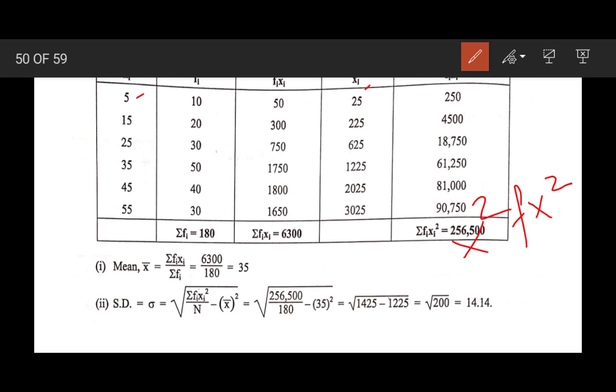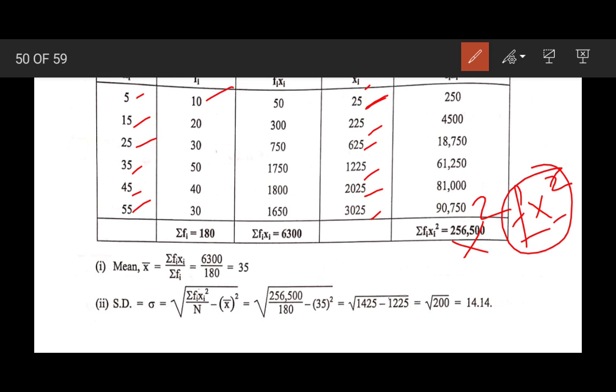The x values are 5, square of 5 is 25; 15, square of 15 is 225; next x value 25, square is 625; 35, square of 35 is 1225; 45, square of 45 is 2025; 55, square of that is 3025. After getting the squares, next we have to multiply this square with the f value, meaning f